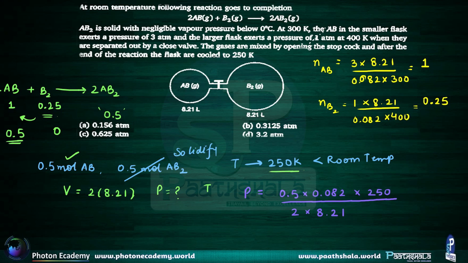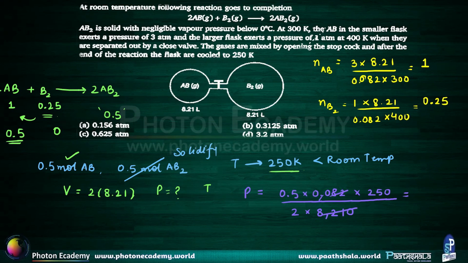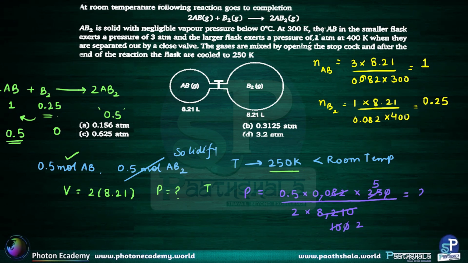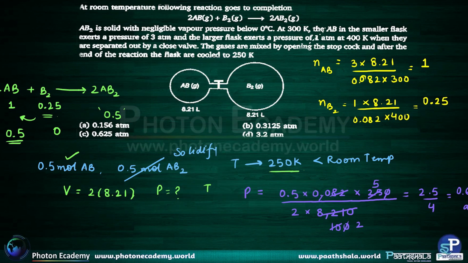When we solve this, we get 100 over here, this gets cancelled out and this gets cancelled out, and we are basically left with 2.5 divided by 4. This gives us a pressure equal to 0.625 atm. So our answer to this question becomes option